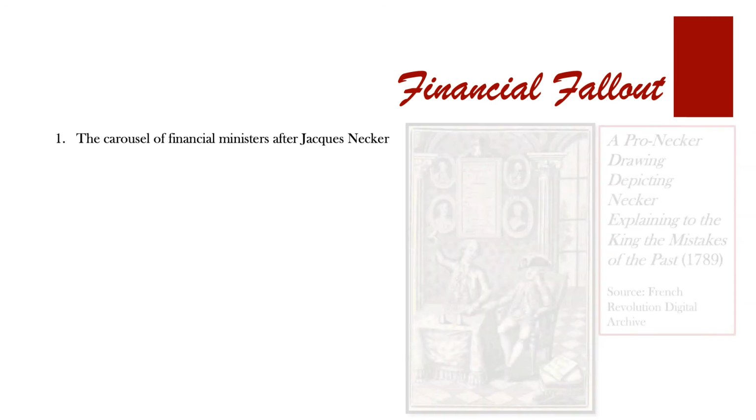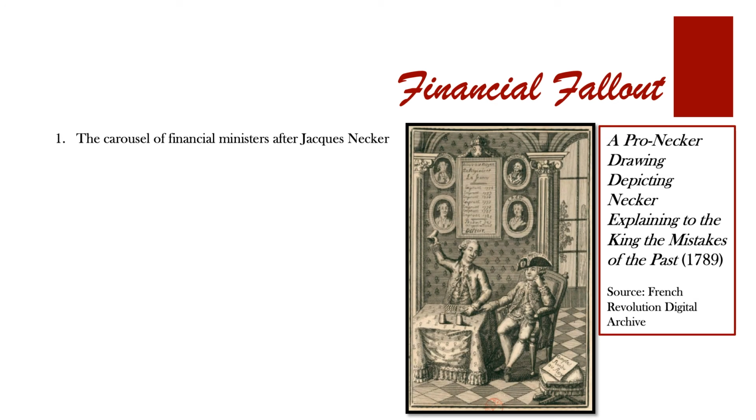All three French kings of the 18th century made mistakes that put the monarchy into serious financial troubles. And by the 1780s, the situation was once again in dire circumstances, and there were no new suggestions on how to fix it. Matters went from bad to worse in the 1780s. In 1781, because of pressure from members of the court, Louis XVI fired Jacques Necker. Necker's dismissal sent loan rates skyrocketing beyond 10% overnight. The king hired a series of financial ministers, all of whom had trouble taking control of the financial situation.